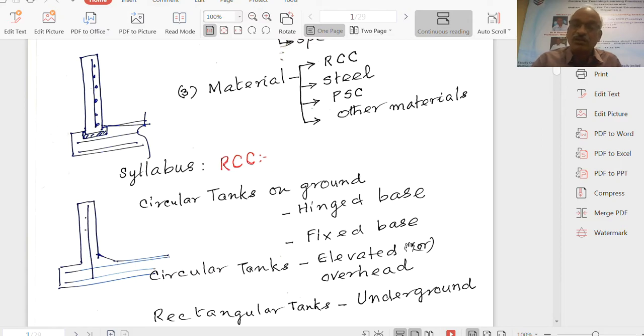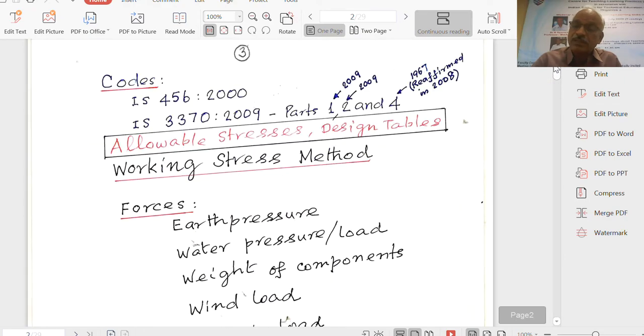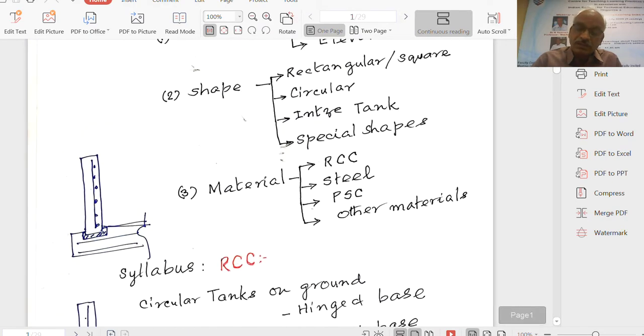And then we have got underground tanks. Underground tanks again can be underground circular tanks. We call them sumps, SUMPS, sumps. So underground sumps may be circular, may be rectangular, may be square. So we are going to discuss underground rectangular tanks, and probably we will try to extend also. Right, so what we are going to discuss is this.